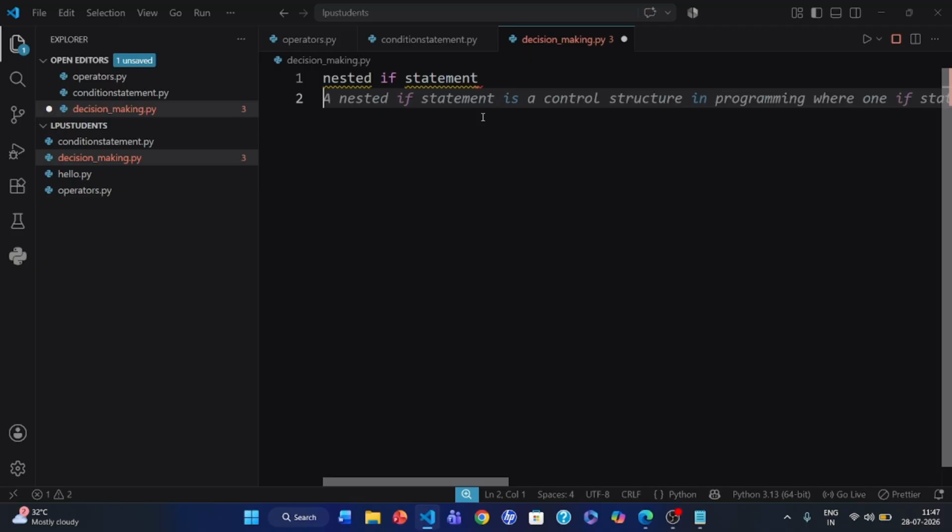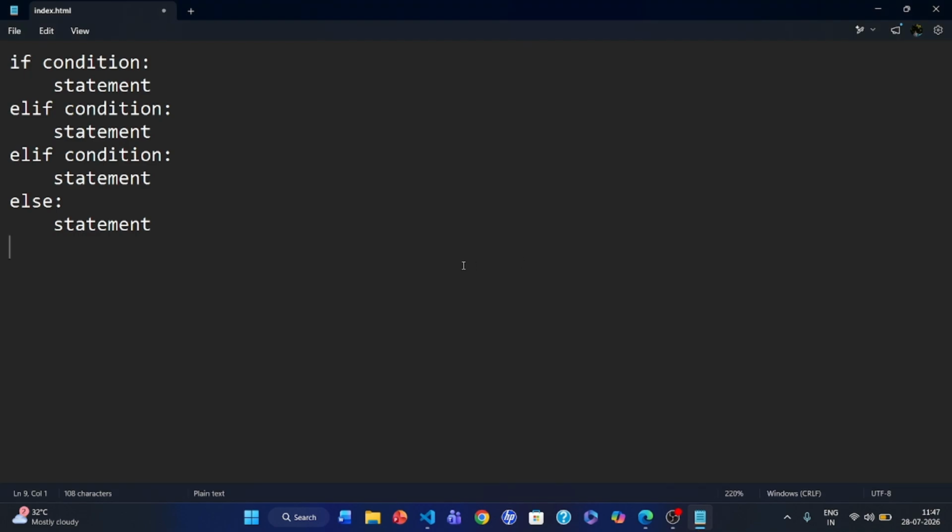What is nested if? You can put this in the notes: a nested if statement means an if statement inside another if statement. The syntax is: if condition 1, then with indentation of four spaces,